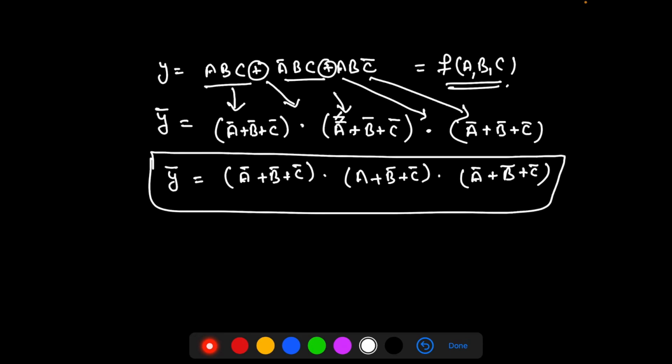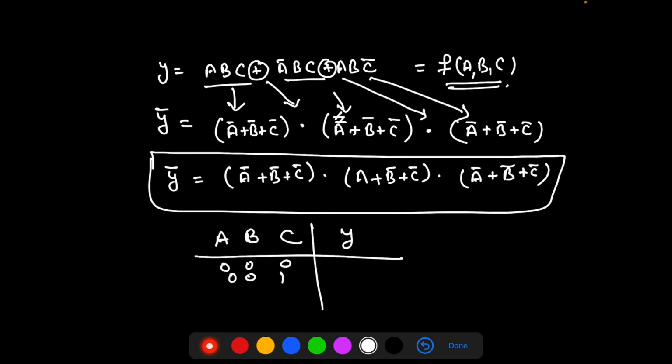And if we want to find out the complement in a truth table, we have three variables a b c, and here our output 0 0 0 0 0 0 1. Because we have three variables, this is our input side and this is our output side.